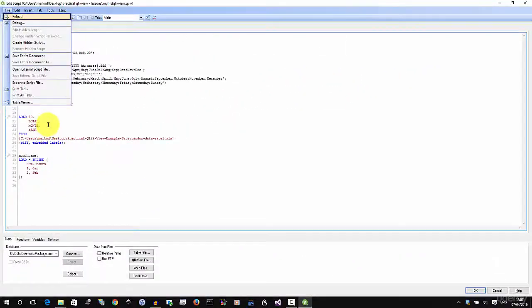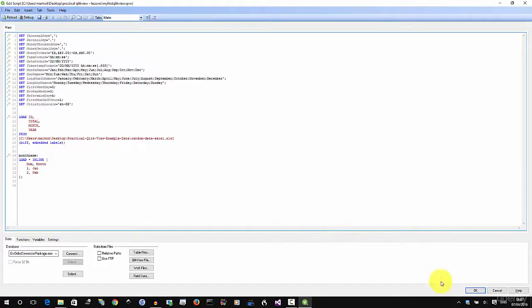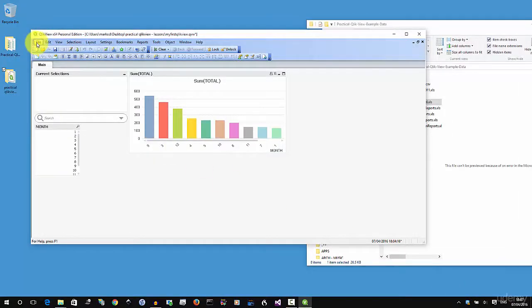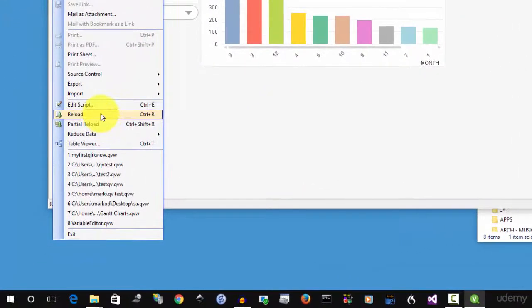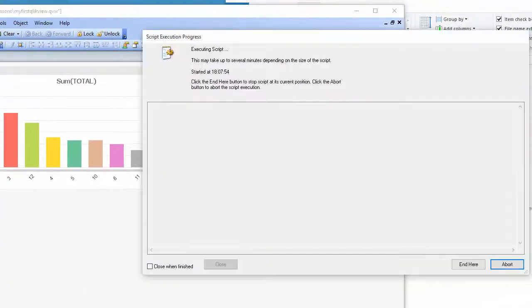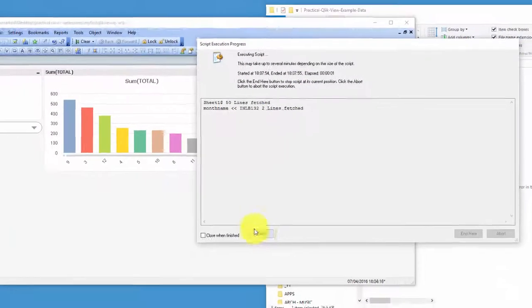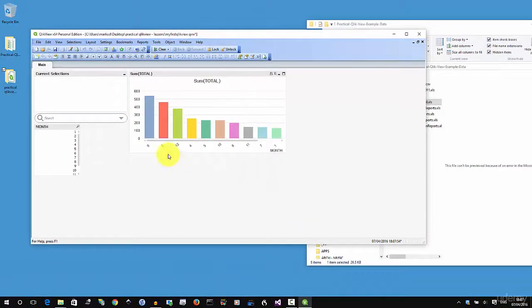If we click OK, then go to File, Reload. Later on we'll be using the command shortcuts for these, Control R, Control E, just to speed things up, but for now, select Reload, and then go to the script again,